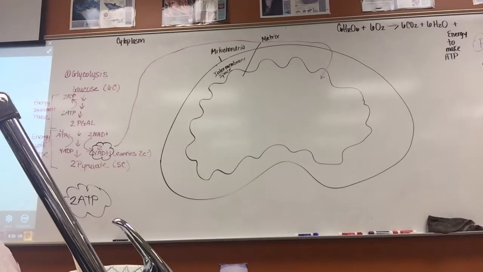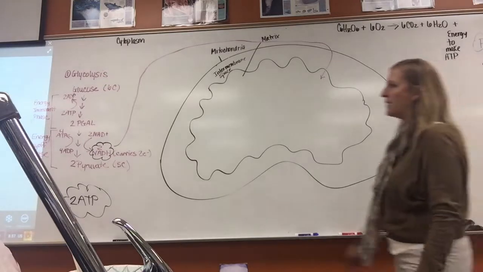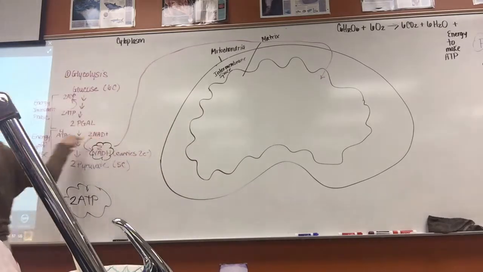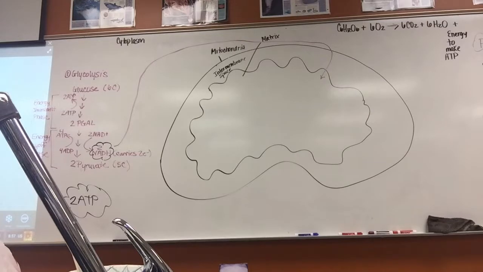Number 6, the net production of ATP by glycolysis should be 2. 4 minus the 2 that were originally put in. 7, the electron acceptor is NAD plus. The publisher put NADH, but NADH is what is made after the NAD plus accepts the electrons. All right, so it's actually NAD plus being the electron acceptor. And then lastly, number 8, the sources of the 4 inorganic phosphates that are added to the ADP molecules are